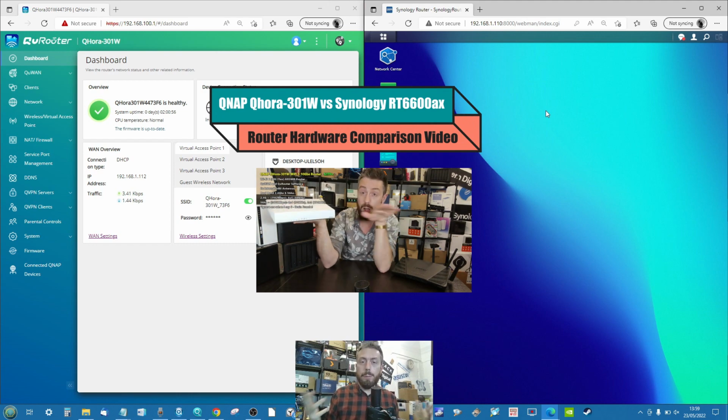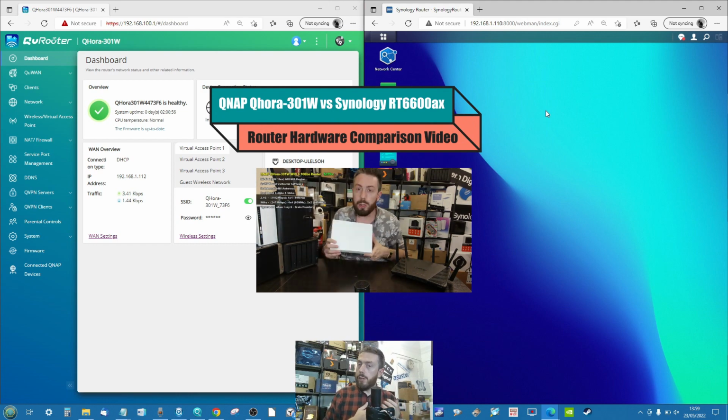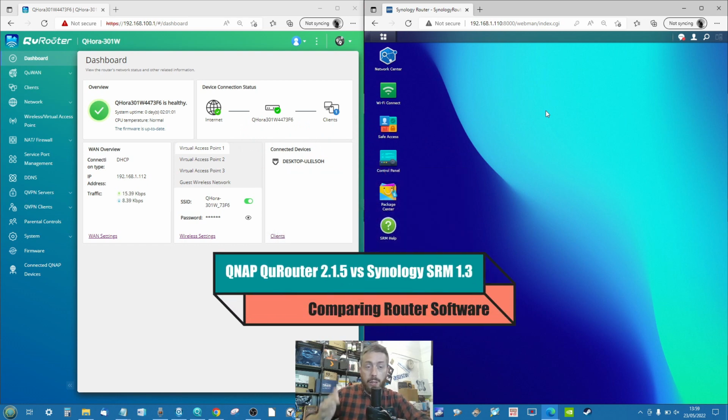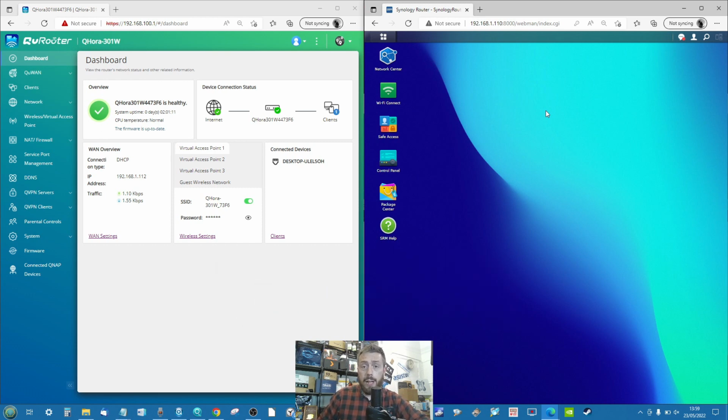We've already compared QNAP and Synology's hardware routers, the QuRouter and the RT6600AX, and today I want to talk about software. We're going to be looking at QuRouter on the QNAP platform and comparing it against the latest revision of Synology's Router Manager, SRM 1.3, and in today's video we're using both of their respective Wi-Fi 6 routers, as you can see there, just above me on the screen, and we're going to be going through a number of